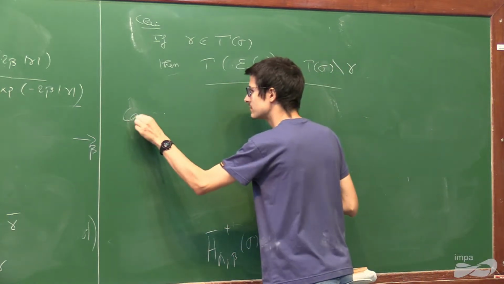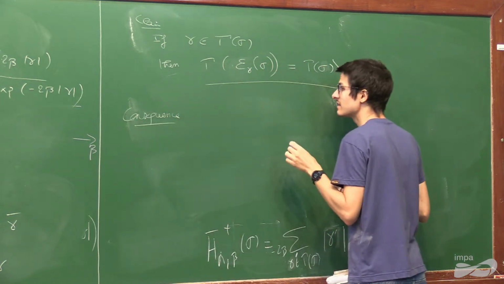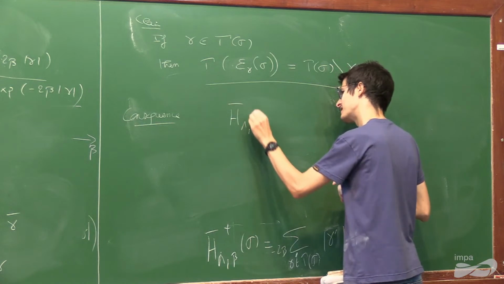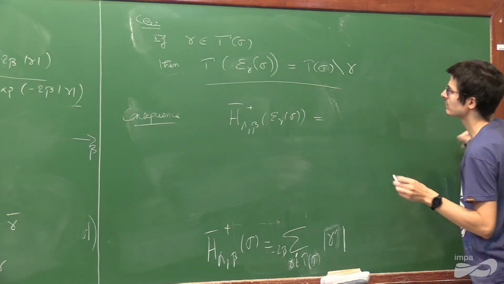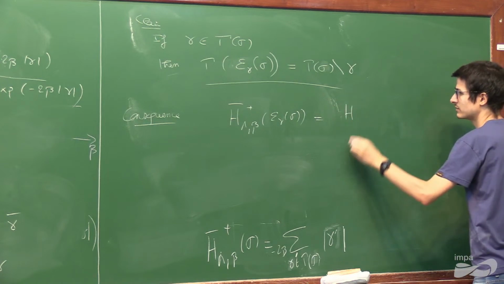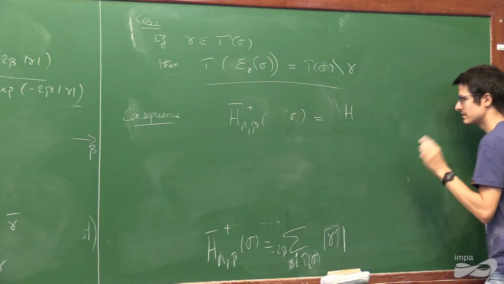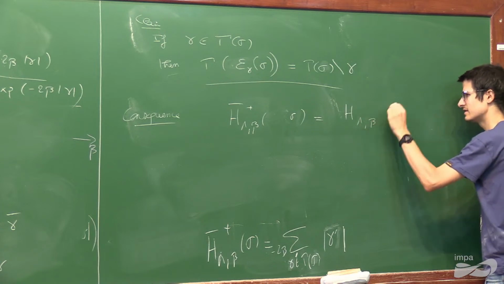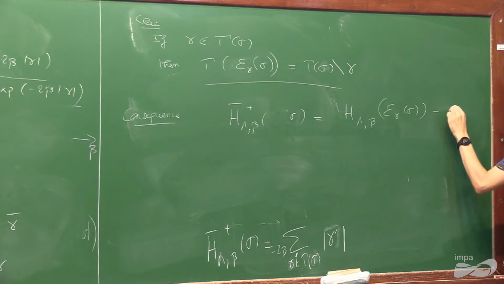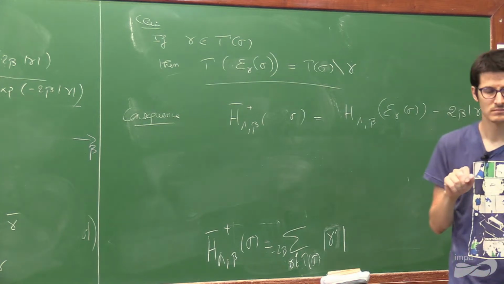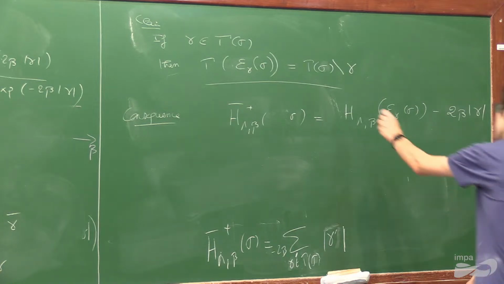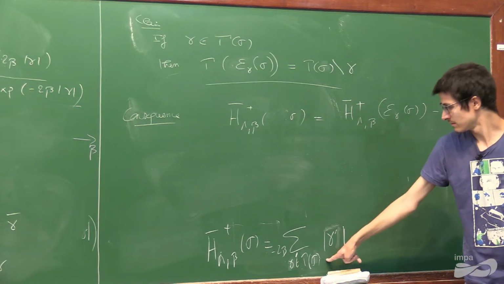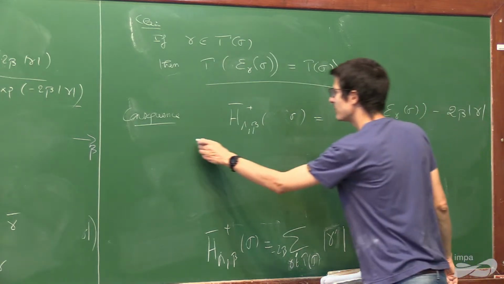Okay, so a consequence of this is that h lambda beta plus of the transformed sigma is equal to h of sigma minus 2 beta gamma. I'm just applying the formula below. And I have a bar here and I have a plus here. I'm just applying this. Therefore what I have is that,